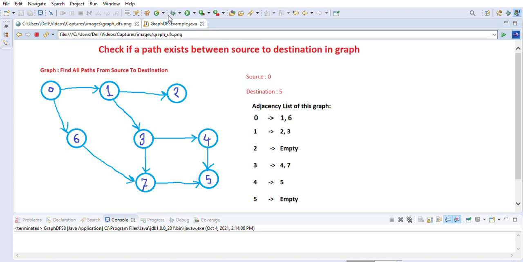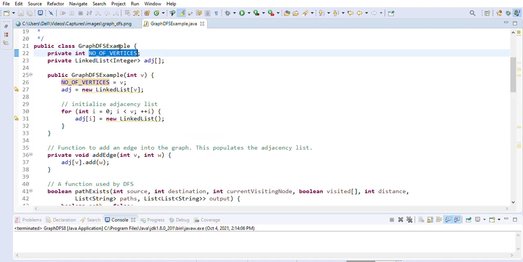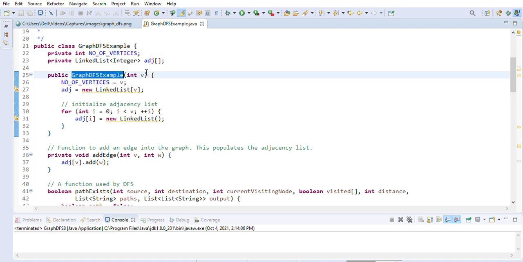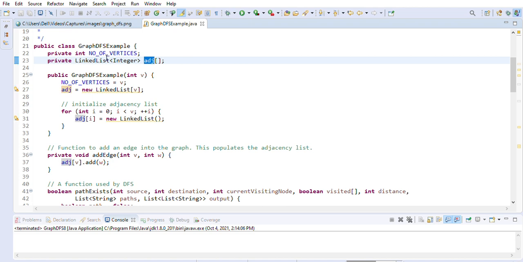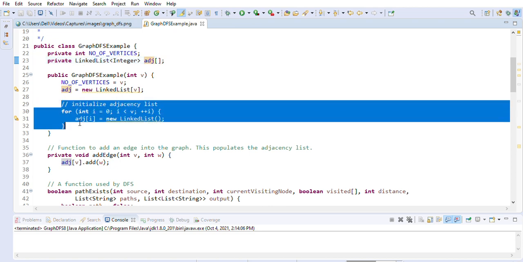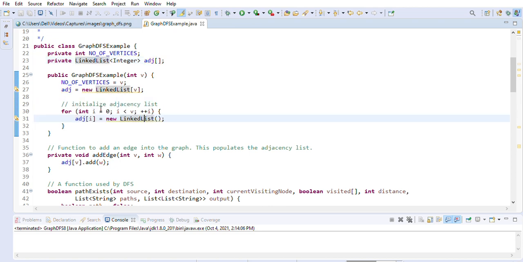So it is directed. First we have created a variable for the number of vertices, which will be given to us here. And then the adjacency list we will create here, this one, right? It is basically an array of linked lists. As you can see, it is an array. So if it is the 0th node, then the adjacency of 0 will be a linked list. Adjacency of 1 will be a linked list, like that. And we will first initialize these linked lists, so we will go through all the nodes from 0 to 8